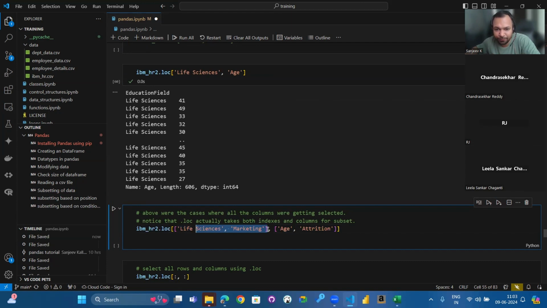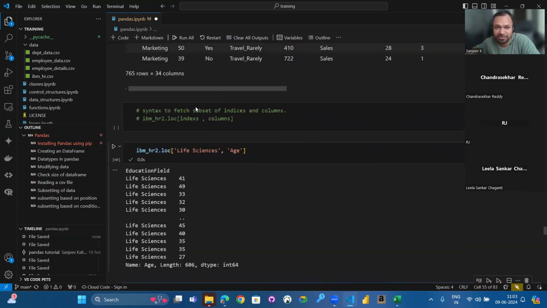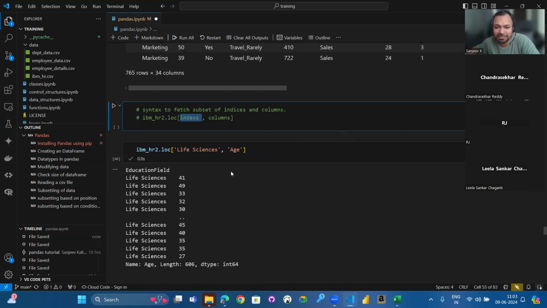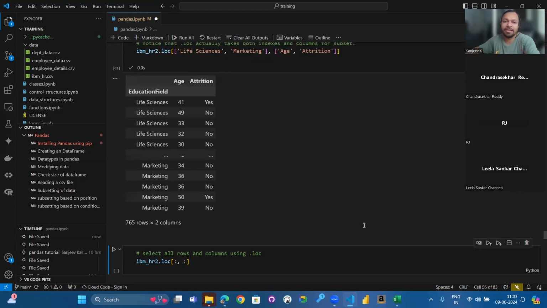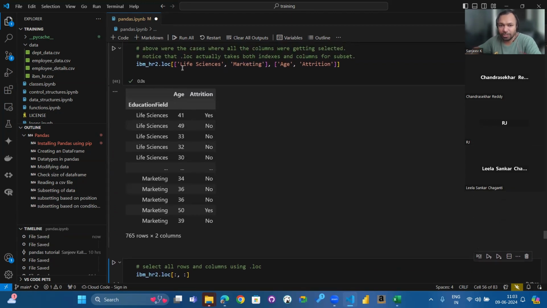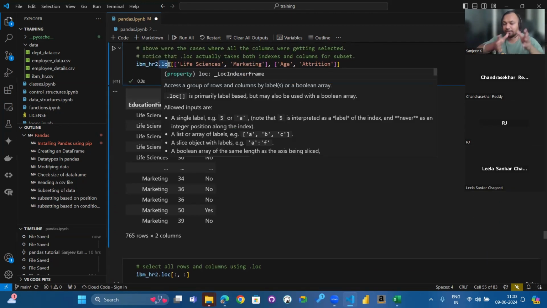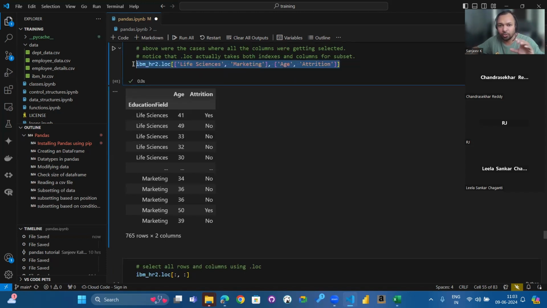The first, before the comma, you notice the syntax, right? The first position is indexes. So in the first position, I will be passing the list of values which I'm interested in. So I'm interested in life sciences and marketing. So this is one list that I'll be passing. Second list is the list of columns. So I want to look at age and attrition. So when I call that, you can see life sciences and marketing, age and attrition. So you can use dot loc to fetch a subset of indexes, a subset of columns to look at only that particular